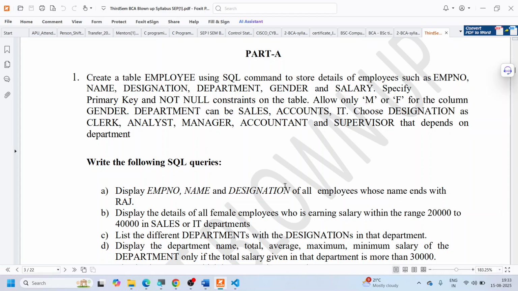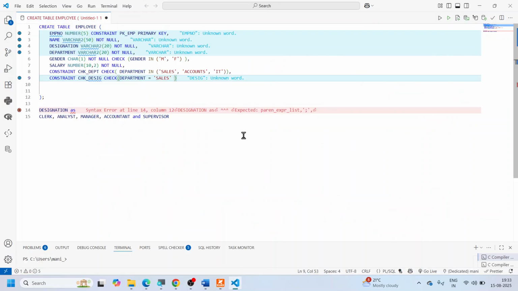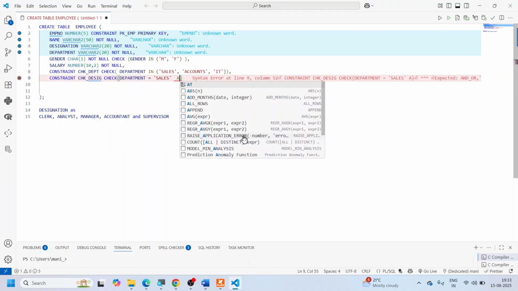Okay, this is what I assume. So sales department may have a clerk, sales department may have a manager, and sales department may have a supervisor. Okay, accountant may not belong to sales department, and maybe analyst is also, I assume, not part of the sales department. So I'm going to say here that the department is sales,